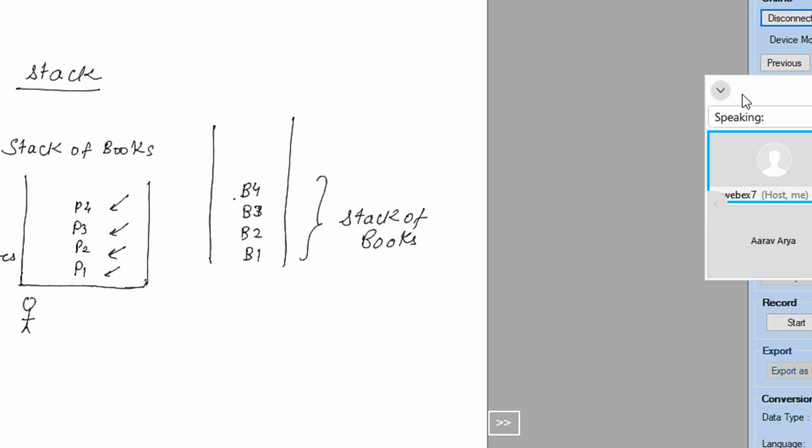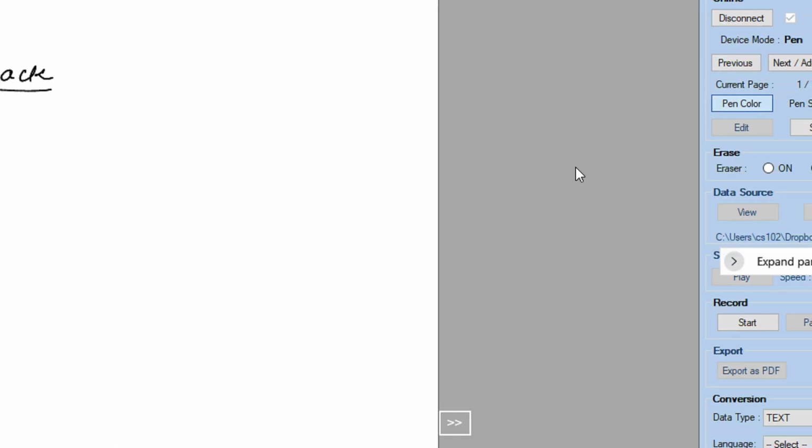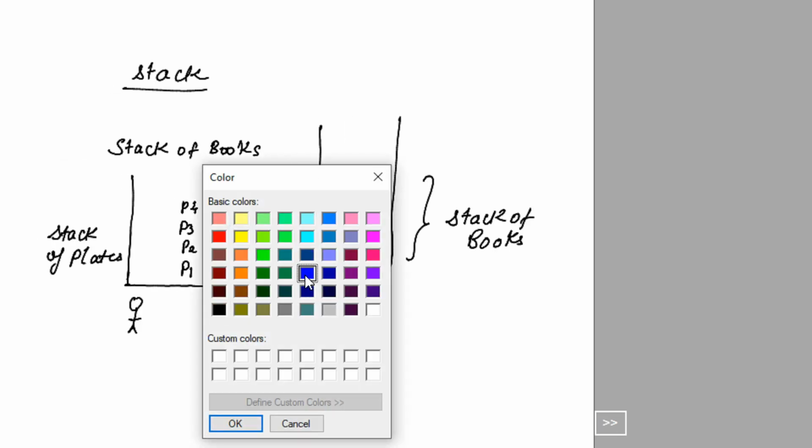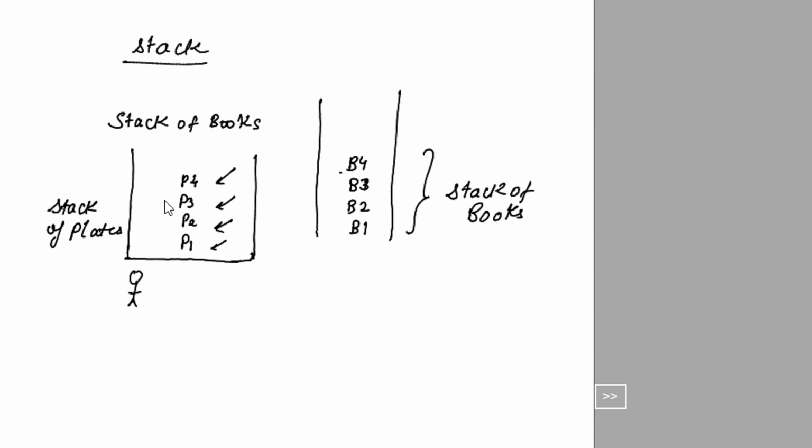So what will you basically do? This is person one, this person takes the plate P4 and consumes it. So my plate is P4. Now let's say there is a new guy who is coming, this is person 2.